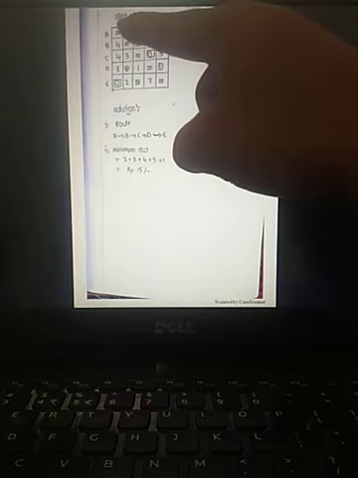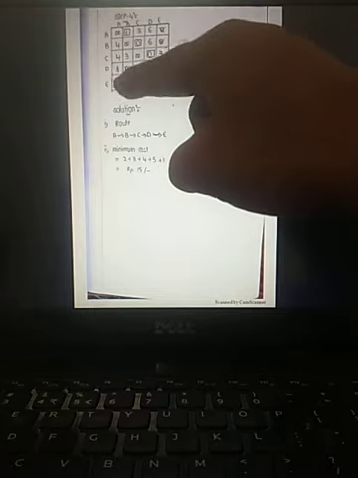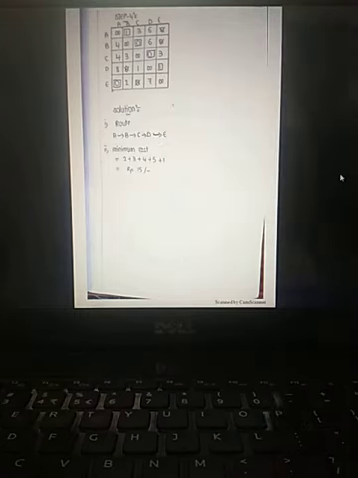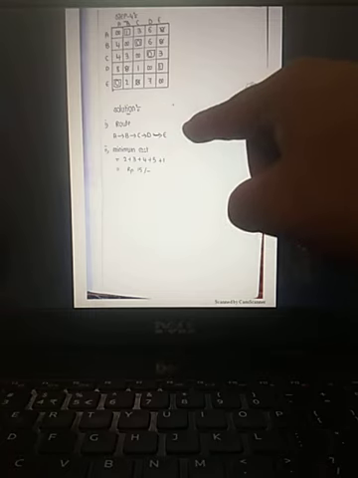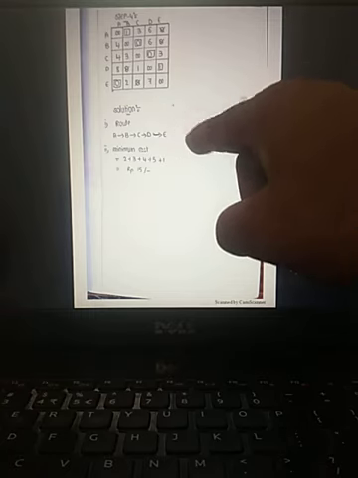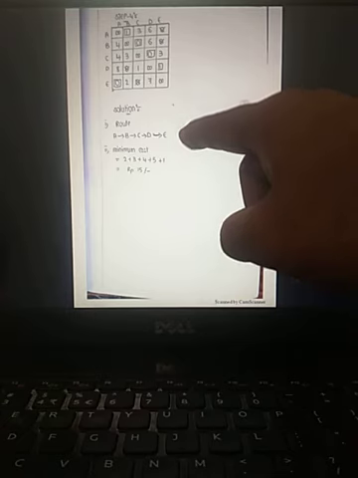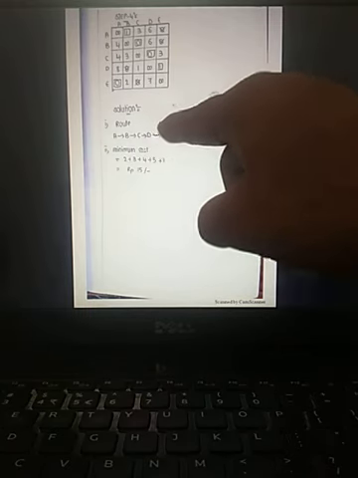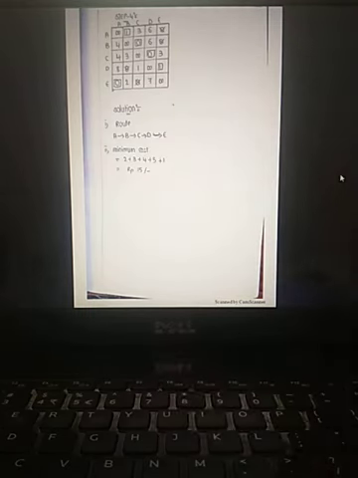Now E again to the starting city, city A. A to B, B to C, C to D, D to E. If I write A here, you will be confused because A appeared 2 times. What do you mean by that actually? See, all cities have been covered without missing a single city. Hence, this is the solution of the traveling salesman problem.